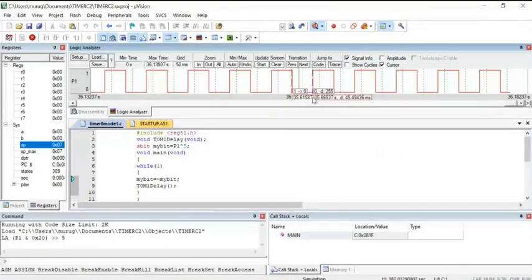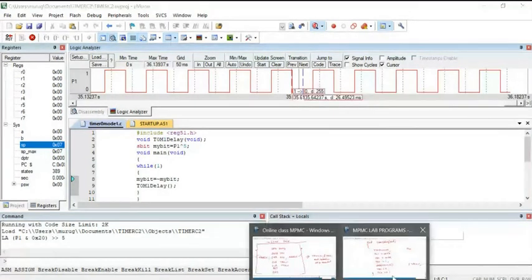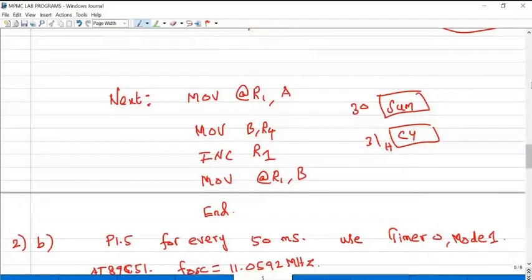The gap between the toggle, meaning 0 state and then again state 1, then 0 state and again state 1. So either the on time or the off time, you should get 50 millisecond. Correct?